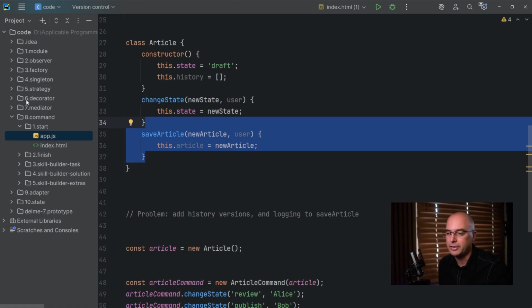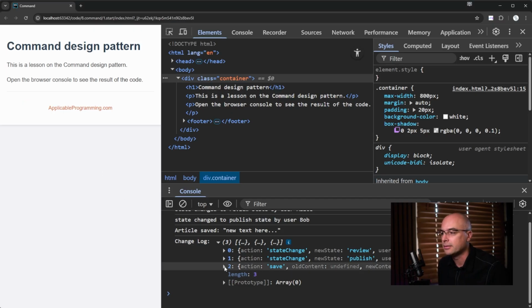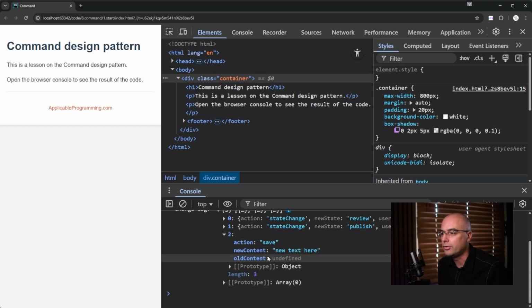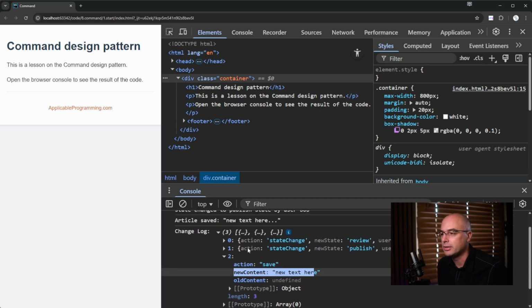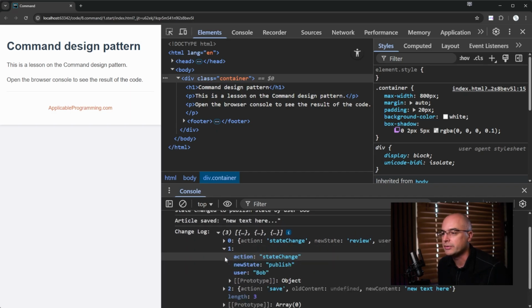We have in the history here the state where there is an old content which was undefined, but then there is a new content with new text, and we can see who has changed the states here from review to publish and things like that. And now you could